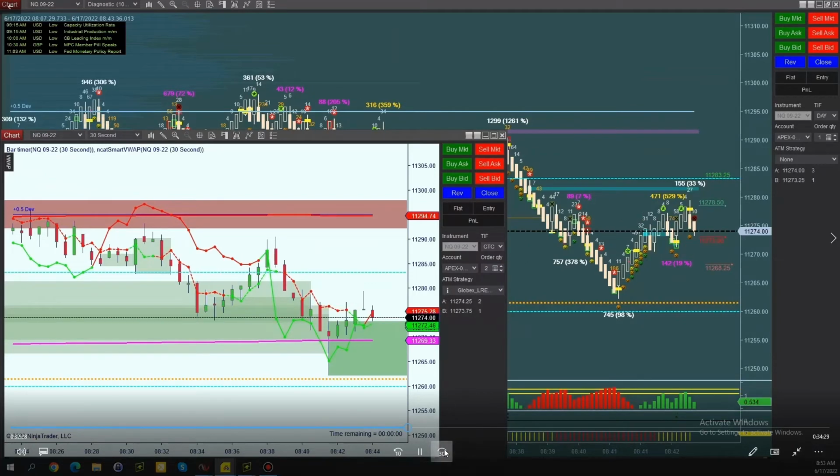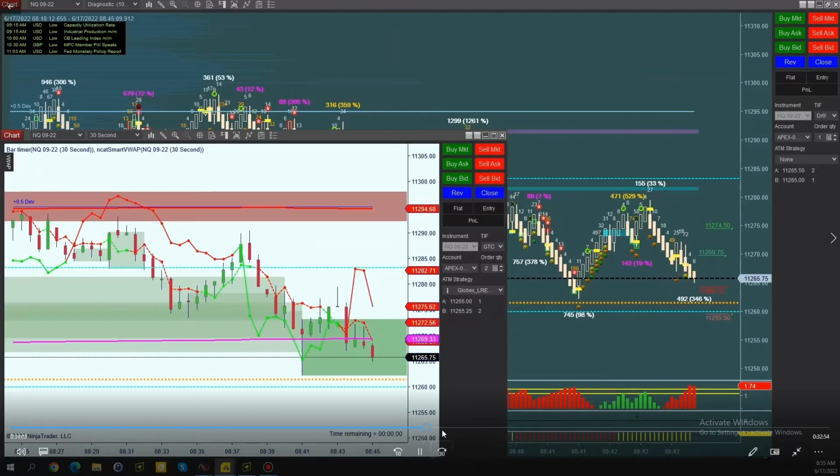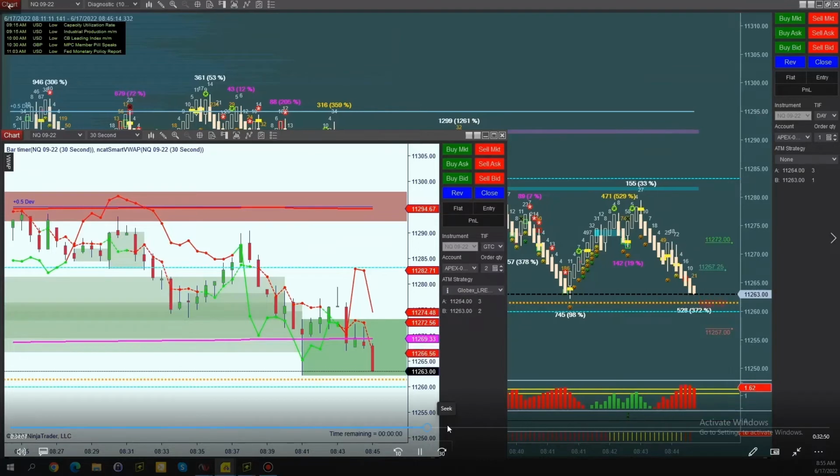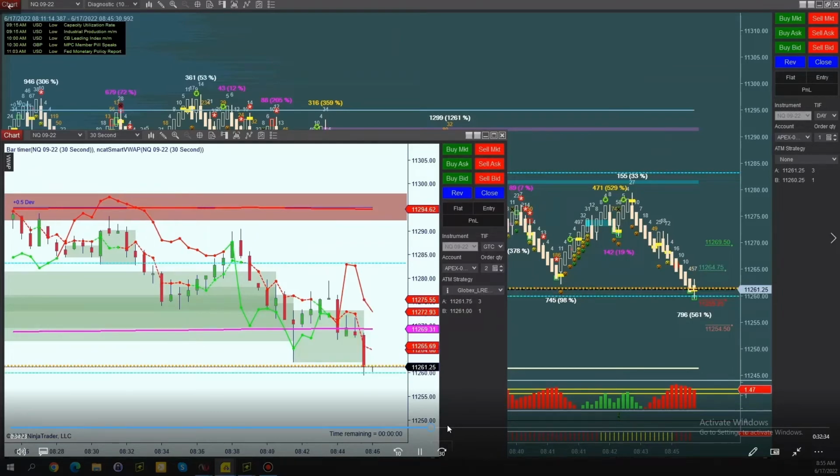So let's see what happens. It looks like it wants to go short. Like I said, I want my short to go below this dynamic magnet and wall because I don't want it to stop right here. Okay, it's trying to break through. Let's see if we get an entry here. See if there's an entry below.